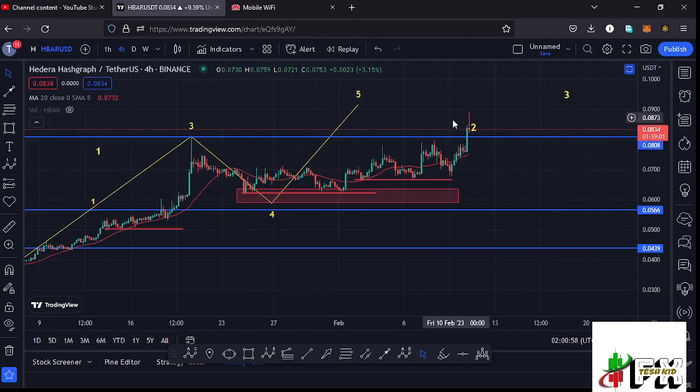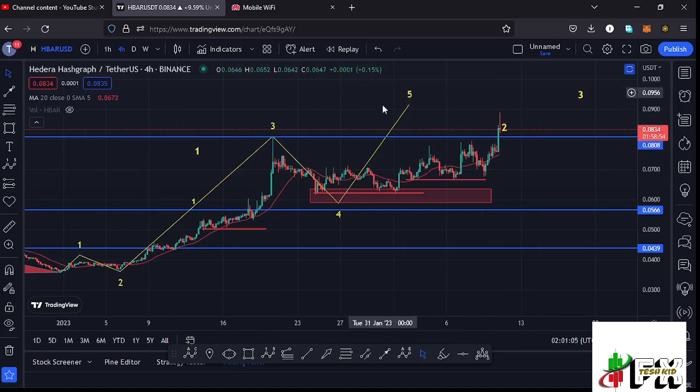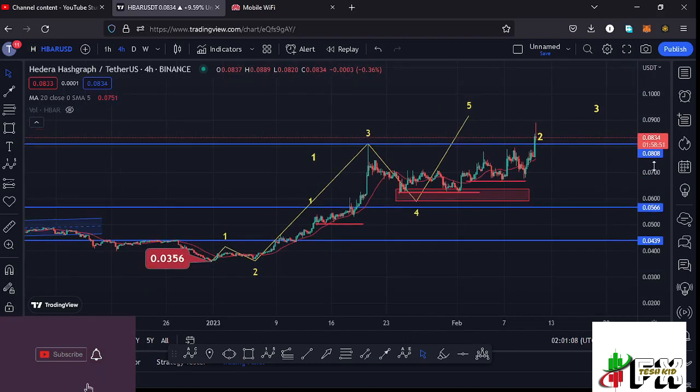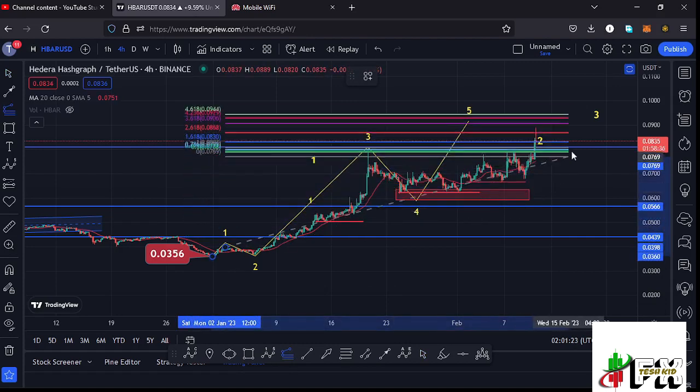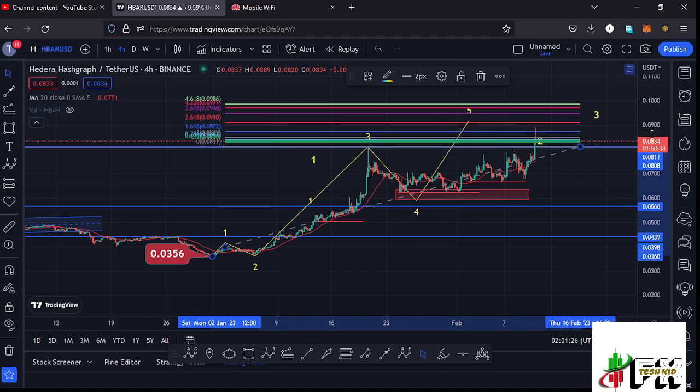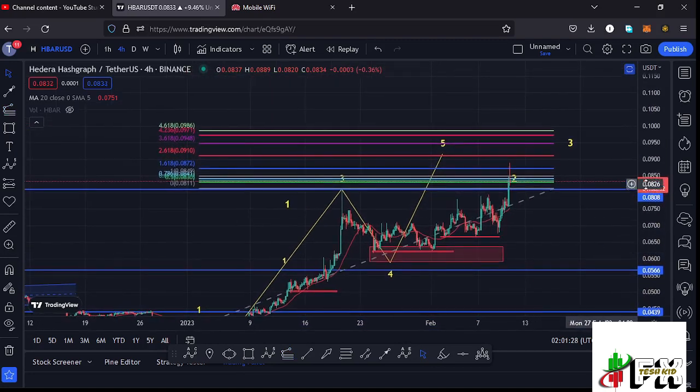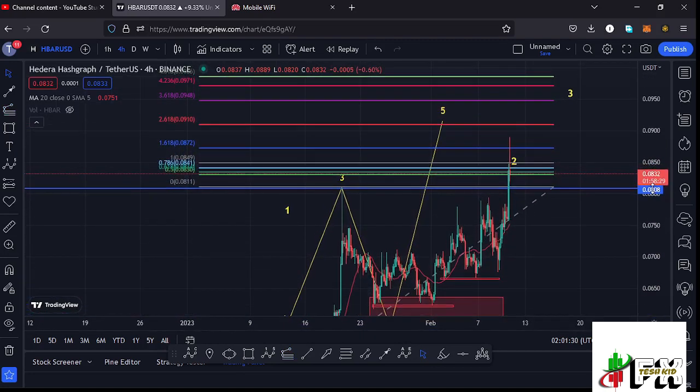We have also managed to break above the key high at around the $0.08 mark, and we are just about to fully maximize our target areas to the upside in the formation of this wave 5. I'm giving you my minimum target areas using a trend-based Fibonacci, connecting it from the low of the first wave to the high of that wave 1, then dragging the fibs to the high of that wave 3. That gave me a minimum target area to the upside in the formation of that wave 5 at the fib level 1.618, and that is at around the $0.0872 mark. That is the minimum that I was expecting this wave 5 to do.